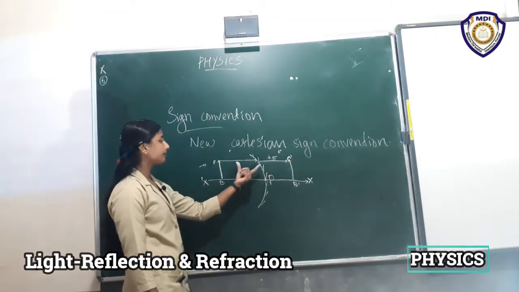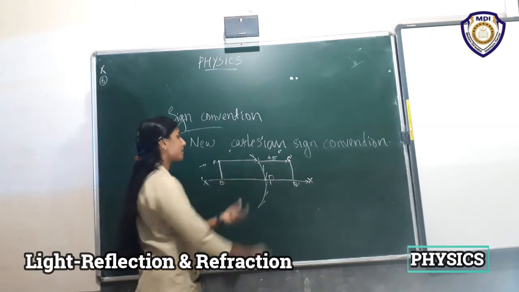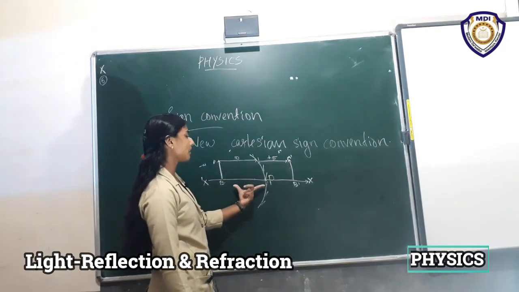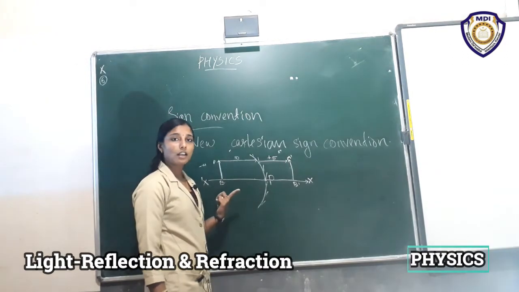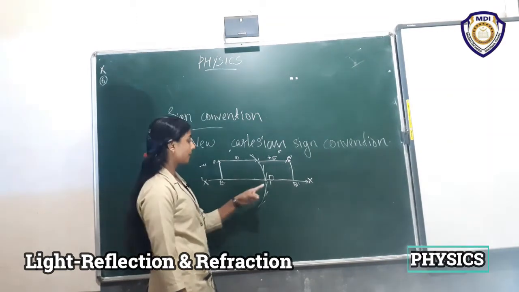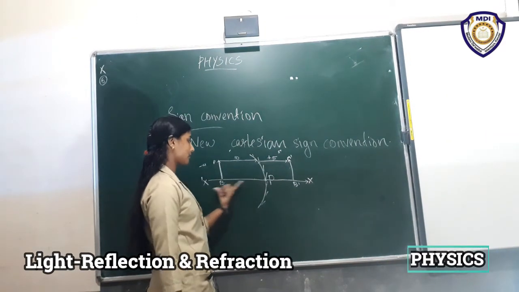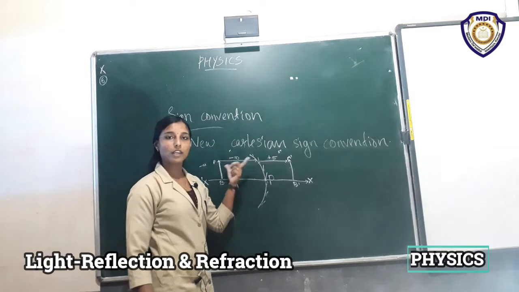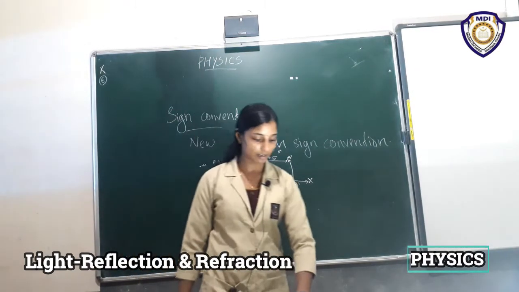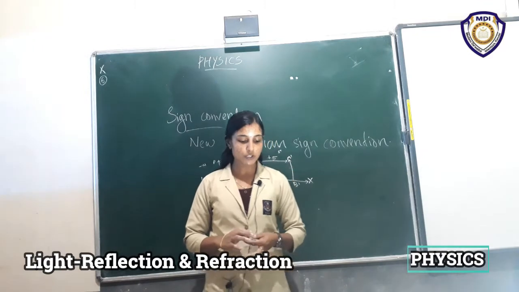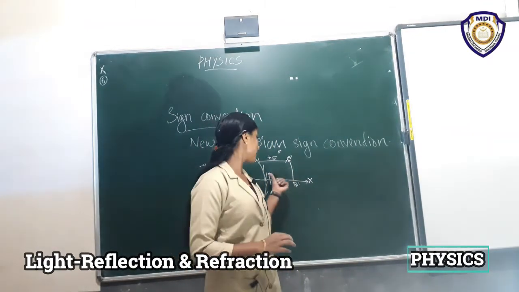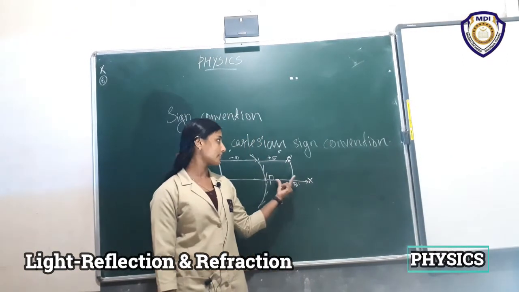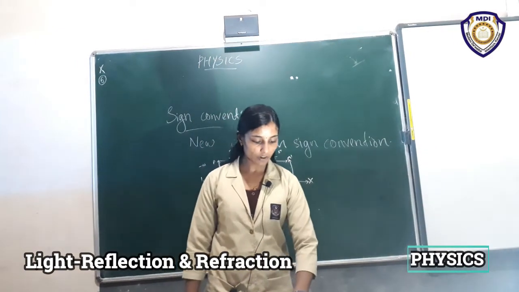And suppose this other distance is 10, along the negative x-axis, from the pole to here, this is negative, so this is negative 10 units. So that is the third convention: all distances measured to the right of the origin, along the positive x-axis, are taken as positive, while